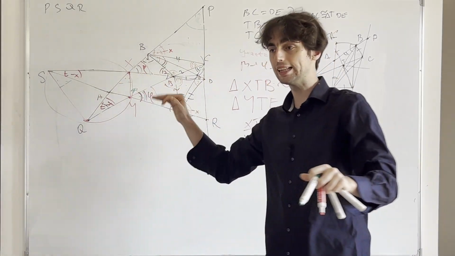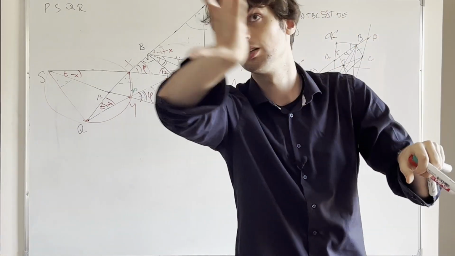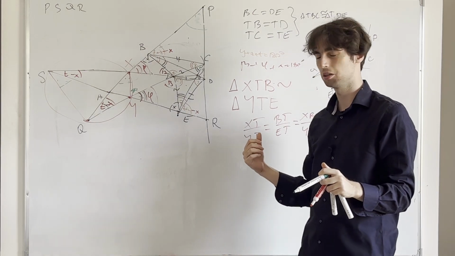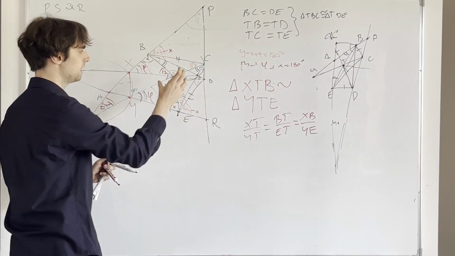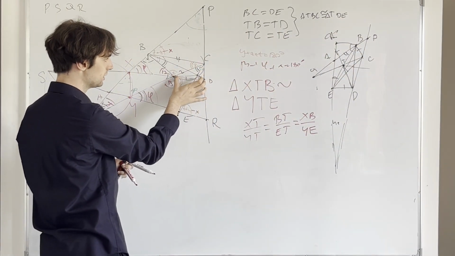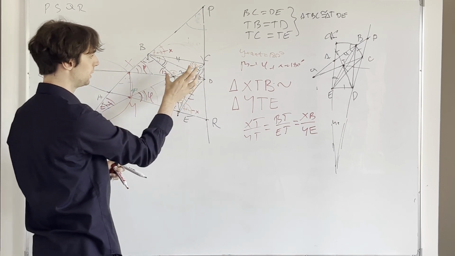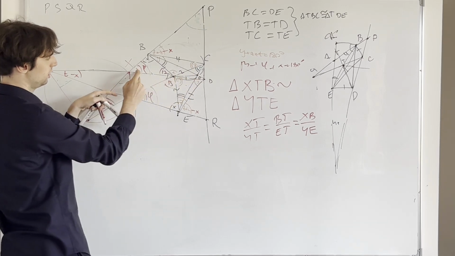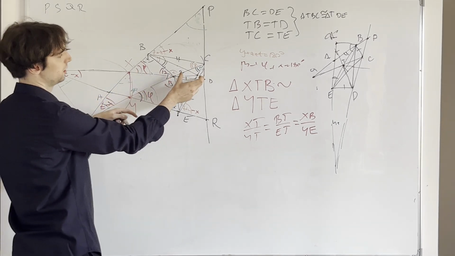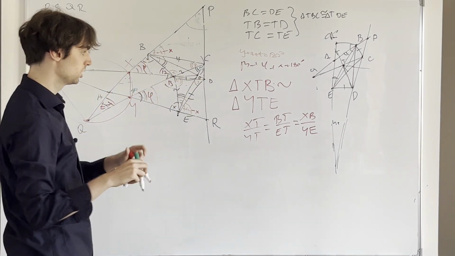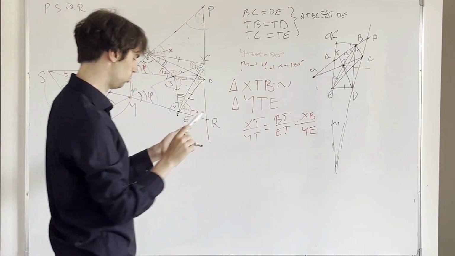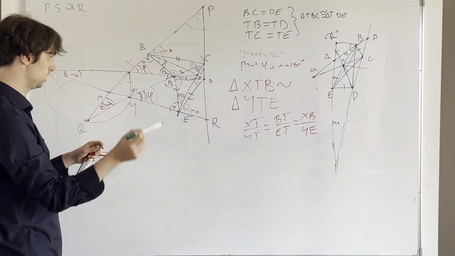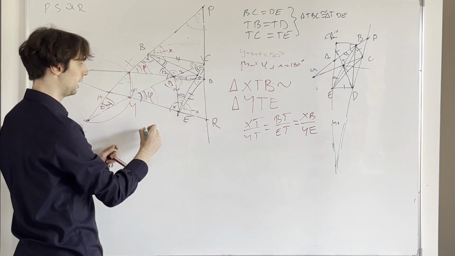So if we can't get the angles from other angles, let's think about whether we can get it from the sides. From the sides, it would mean that this over this would need to be equal to this over this, right? This opposite this angle over this opposite this angle would be this over this. So let's write, what do we need? We need less markers in our hands. Need